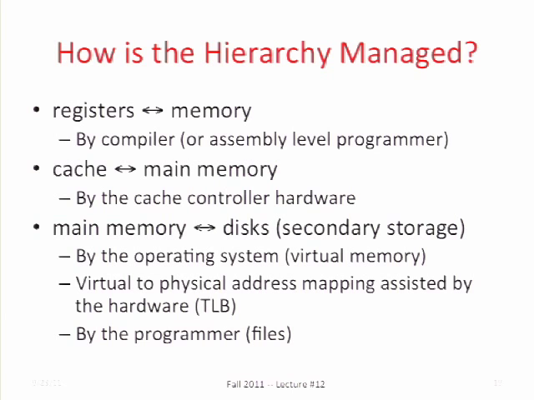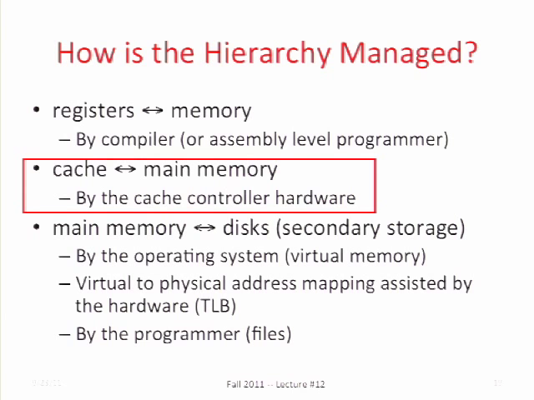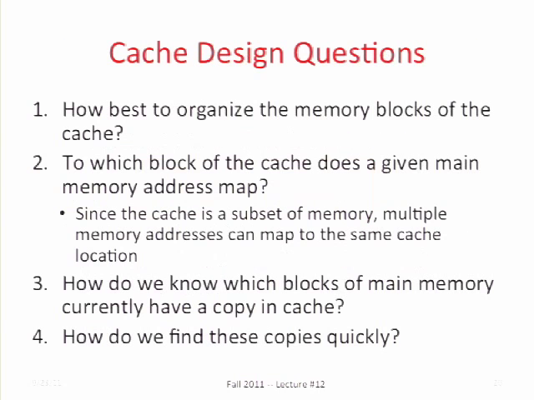But how best to organize memory blocks in the cache? We've got some amount of space in the cache. How do we organize it? When I take something from memory and put it in the cache, where do I put it? That's to which block of the cache does a given main memory address map. That's called a map. How do we know which blocks of main memory currently have a copy in the cache? So how do I know what's in the cache? That's question 3. And how do we find the stuff that's in the cache quickly? So if I'm looking for a particular memory address, how do I quickly find out whether it's in the cache